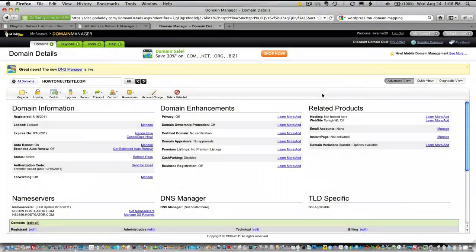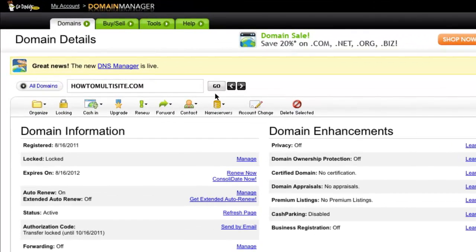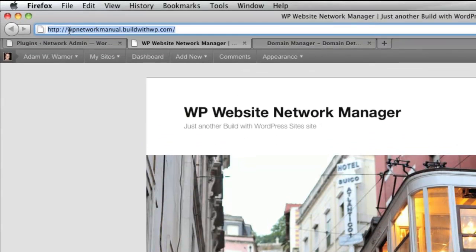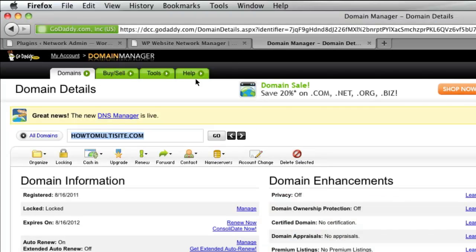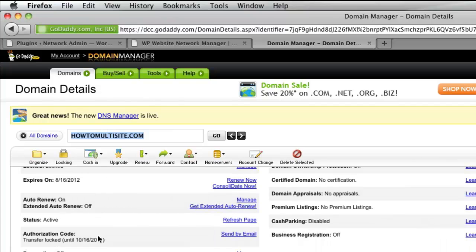The first thing we need to do is to set our name servers at our domain that we want to use for mapping. So in this instance, I want to map my domain howtomultisite.com, and anyone who visits that domain, I want to actually be taken to the content of the wpnetworkmanual.buildwithwordpress.com domain name. So what I'll need to do is, this is in GoDaddy, and your domain registrar might be different, but somewhere in there